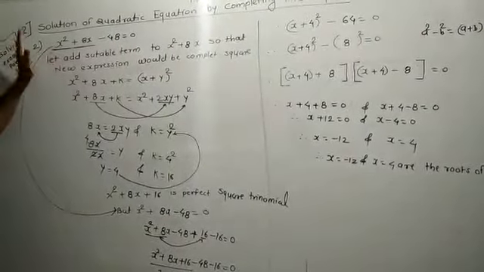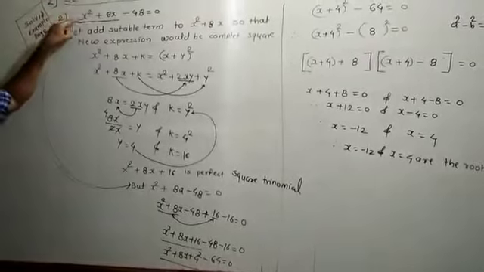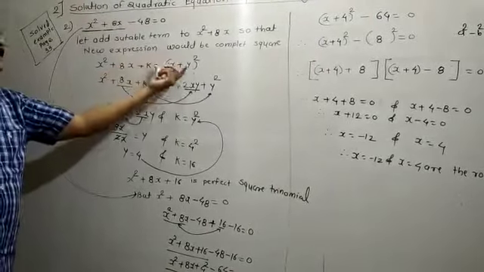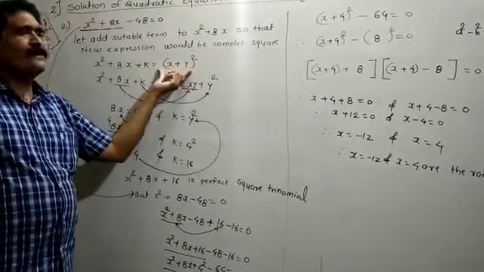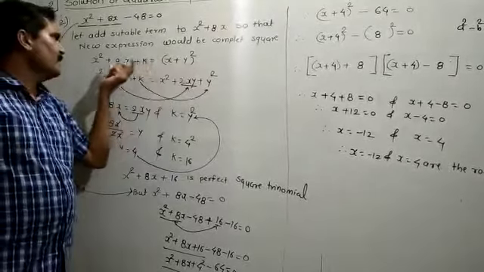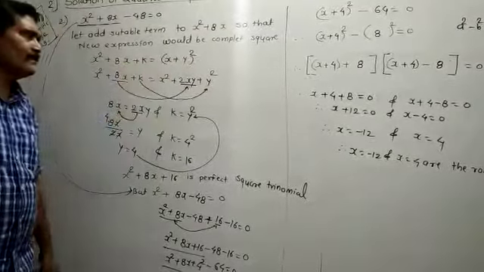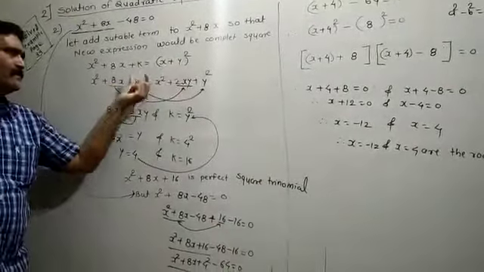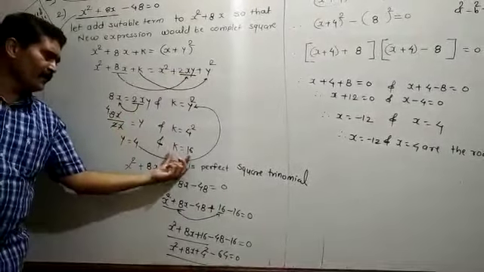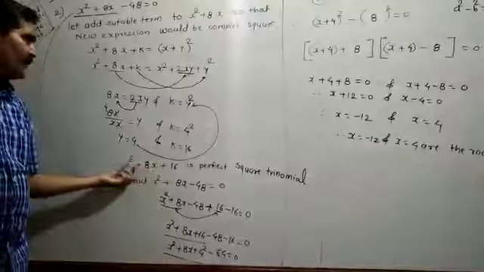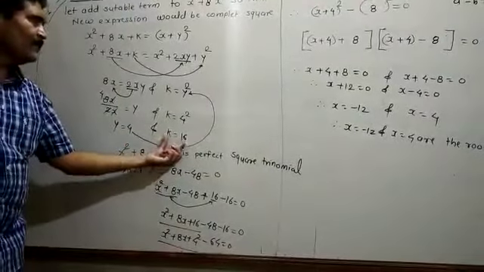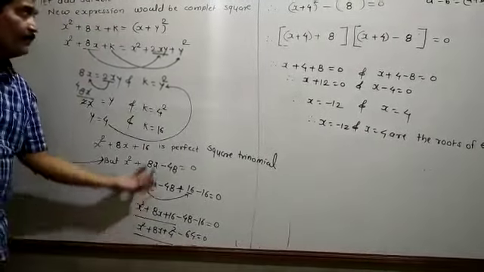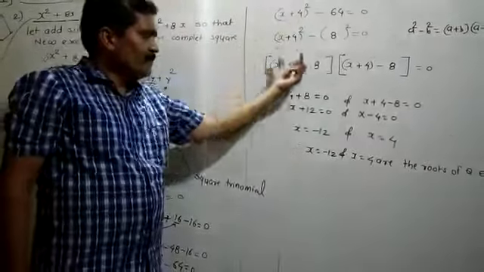Here you have to add another term to x square plus 8x, and that term will be k, so that the expression will be a perfect square term. That's why I write x square plus 8x plus k is equal to (x plus y) bracket square. You have to expand this and compare. You have to find the value of y and the value of k, and say that when you add it to x square plus 8x, that will be the perfect square of (x plus 4) bracket square, and according to that you have to solve the example.